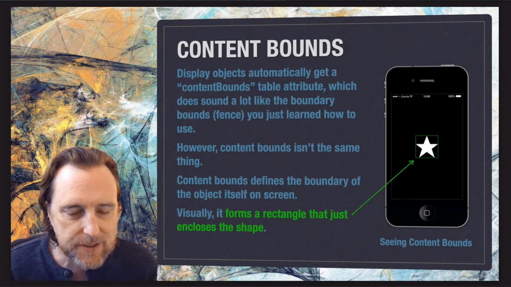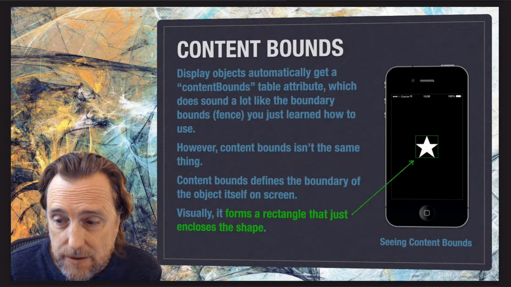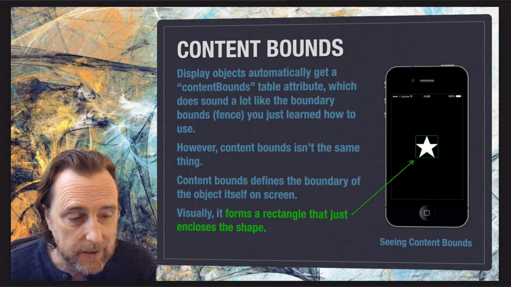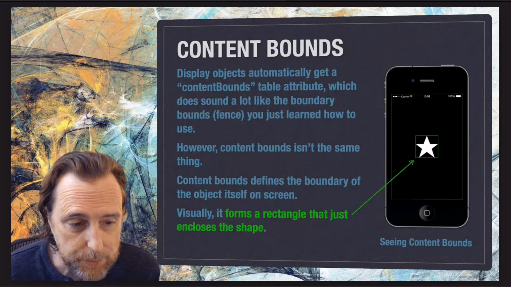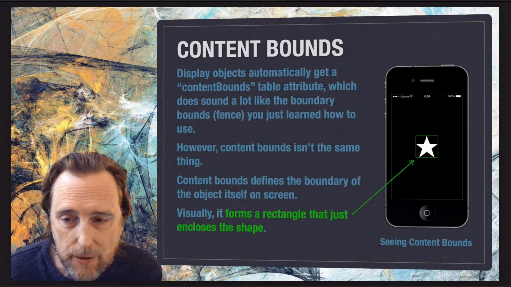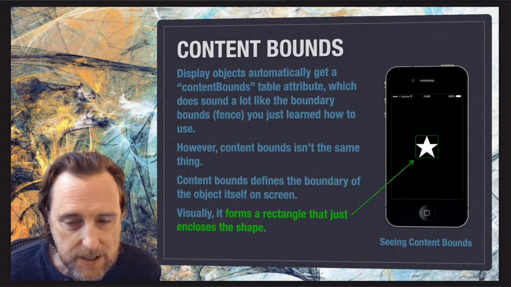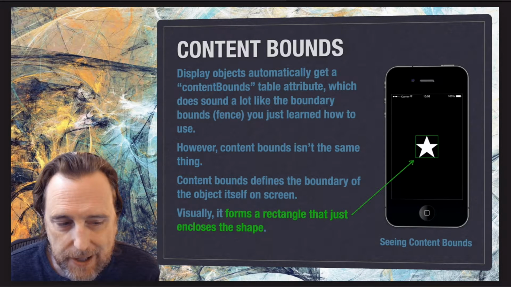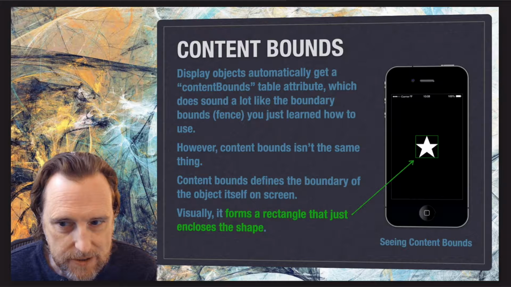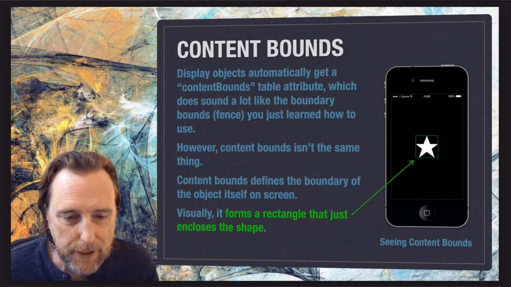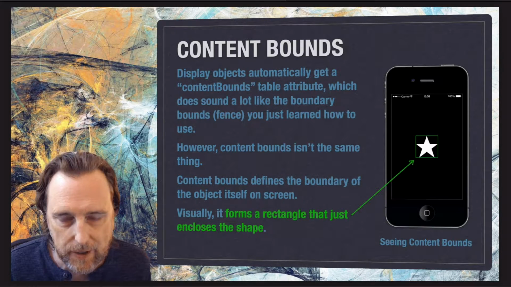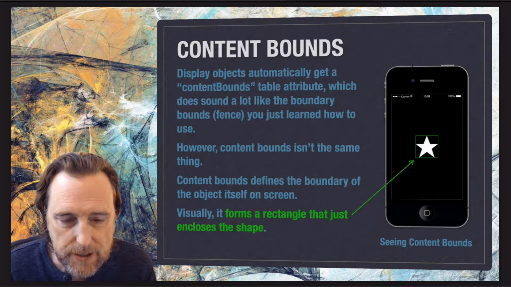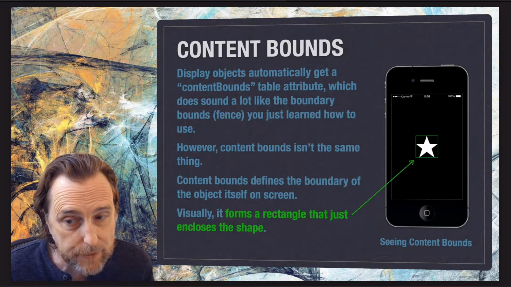Although it kind of sounds similar to the bounding box that we talked about last time, and it is similar. It's a box and it does bound something, but the content bounds give you the rectangular shape that just encloses the display object. So it's not a fencing in sort of box, rather it's a box that defines how wide and how tall the object is on screen,